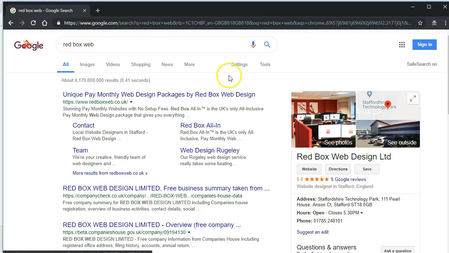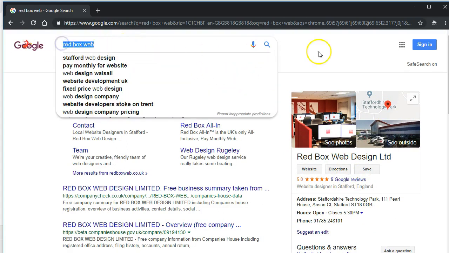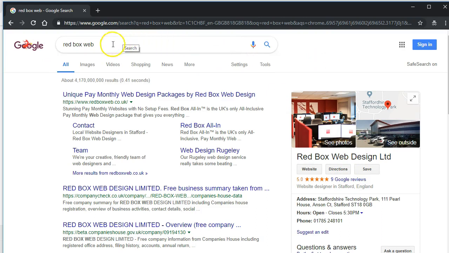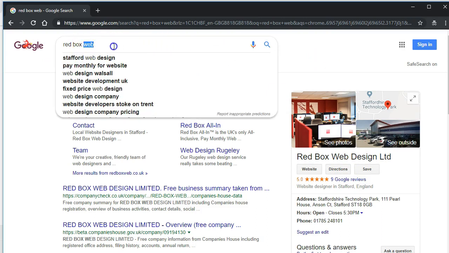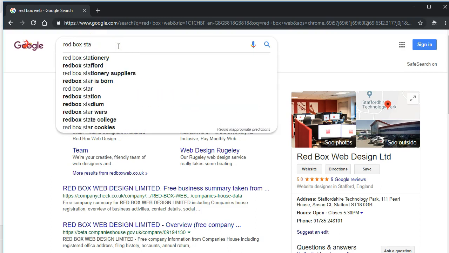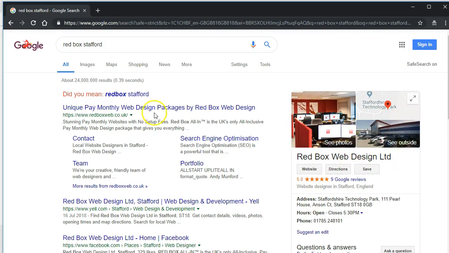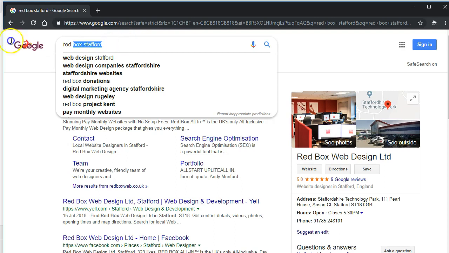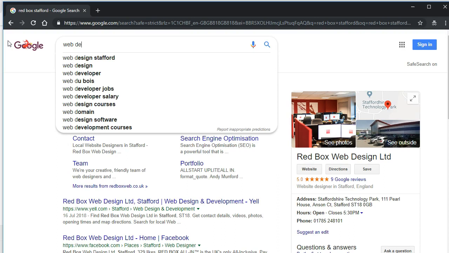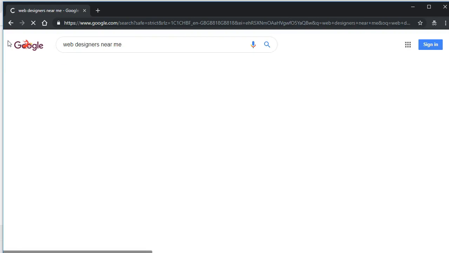So it will appear in Google when somebody searches for your business by its name. It doesn't have to be the full name, so I could put something like Redbox Stafford, and it's still going to show that up here. Okay, next it will show up in maps. So if I was to do something along the lines of web designers near me,